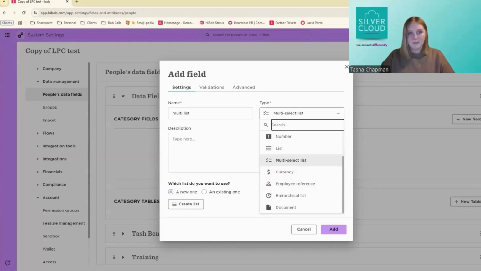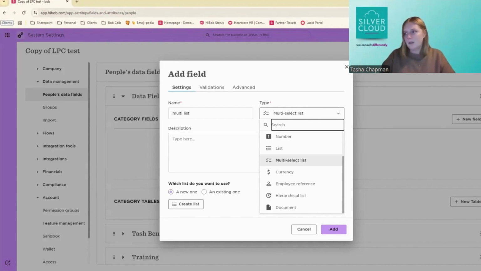Employee reference. Those who have implemented with me will know just how useful I find this. I think an employee reference field, when it comes to permissions, flows, tasks, is so useful to be able to create a relationship between the employee profile that you're in and somebody else in the business, such as an onboarding buddy, an HRBP, IT support, a payroll manager. All of these sorts of things can really help create, one, that onboarding experience for everybody, but two, really personalize the alerts and the emails and the tasks for people across the